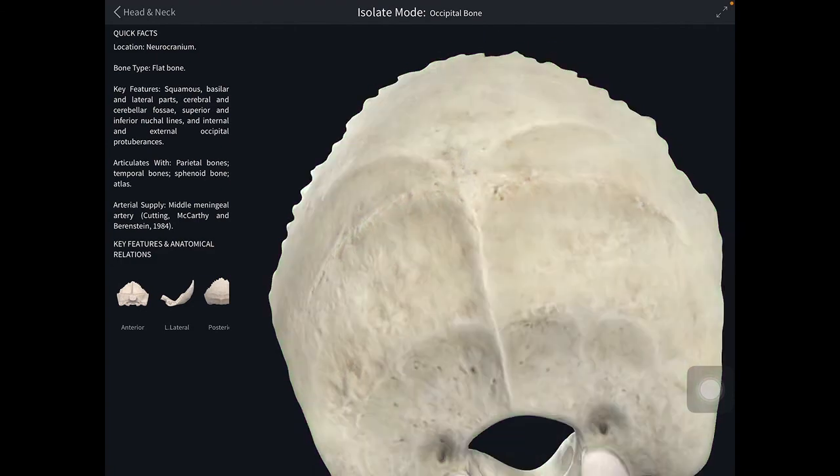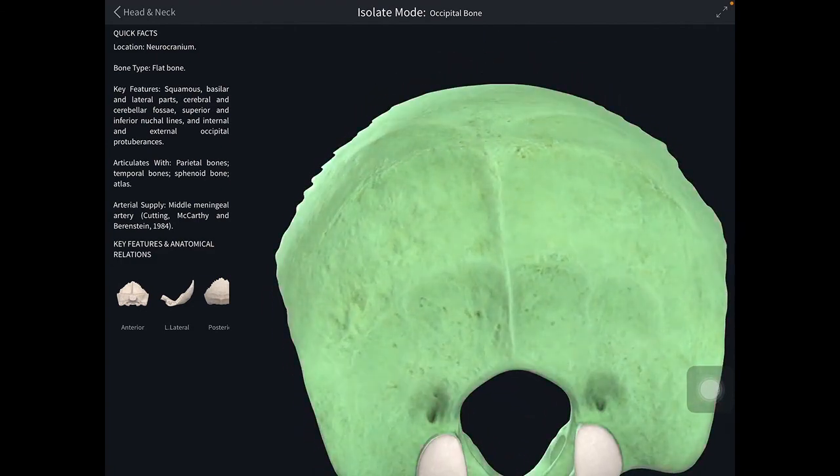The inferior nuchal lines curve bilaterally from the midpoint of the external occipital crest. The area between the superior and inferior nuchal lines provides origin on each side to the semispinalis capitis medially and obliquus capitis superior laterally. The area between the inferior nuchal lines and the posterior margin of the foramen magnum gives origin to two rectus muscles: rectus capitis posterior minor medially and rectus capitis posterior major laterally.